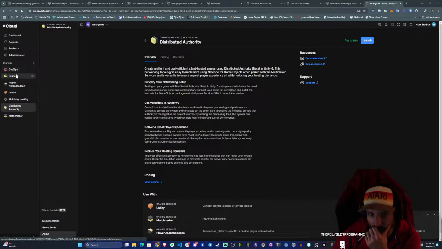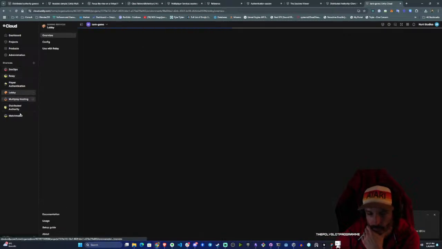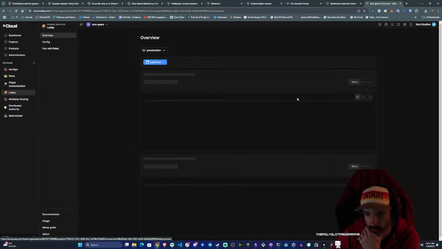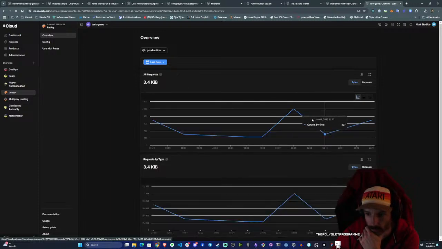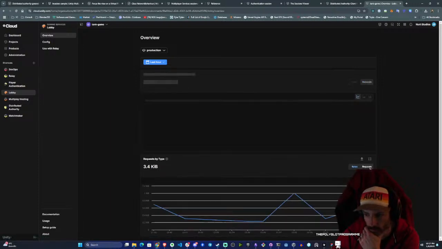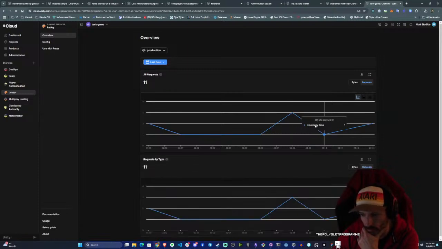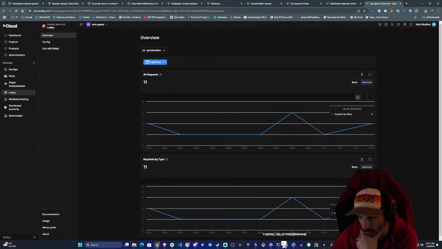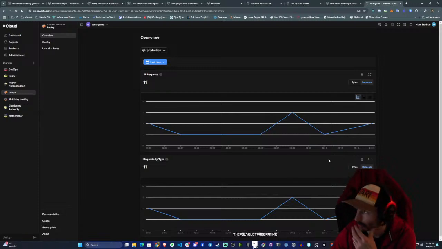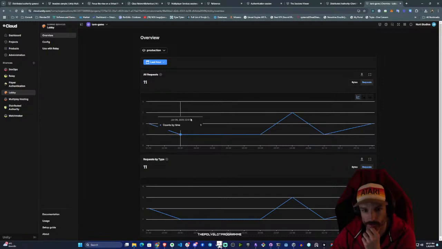But you can see that, for example, if you come in here to lobby, you can see that I have some movement over here. So there is some stuff going on. For the requests, I can see that I have 1 request, 2 requests, 3 at any. So if you look at that, that means that distributed authority is actually using lobby